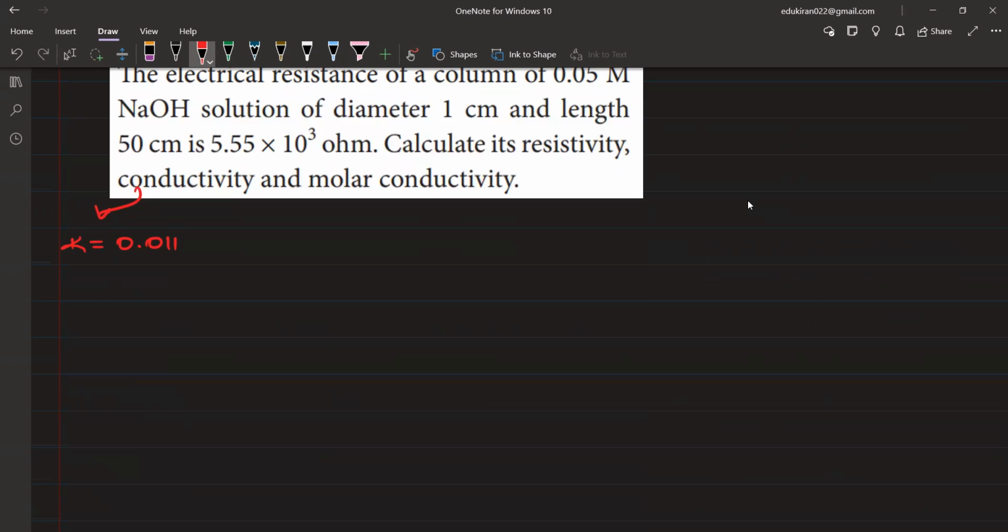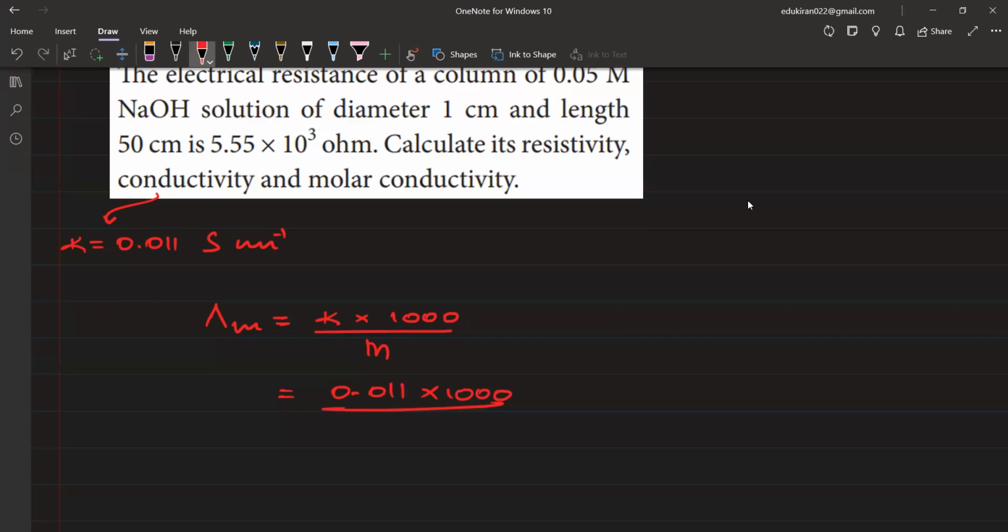S centimeter inverse. सेंटीमीटर इनवर्स? जी नहीं, सेंटीमीटर इनवर्स नहीं है कापा का यूनिट। एटलीस्ट वो टॉपिक पे तो चले जाइए, देखिए कापा का यूनिट क्या होता है, टॉपिक पे जाके देख लीजिए, कम से कम नहीं याद आ रहा तो। सीमेंस पर सेंटीमीटर, ठीक है। एंड व्हाट इज लैम्डा एम? मोलर कंडक्टिविटी इज इक्वल टू कापा इनटू 1000 डिवाइडेड बाय M, द मोलारिटी। So, यहाँ पे कापा है आपके पास 0.011 into 1000 divided by what is the molarity here? 0.05।